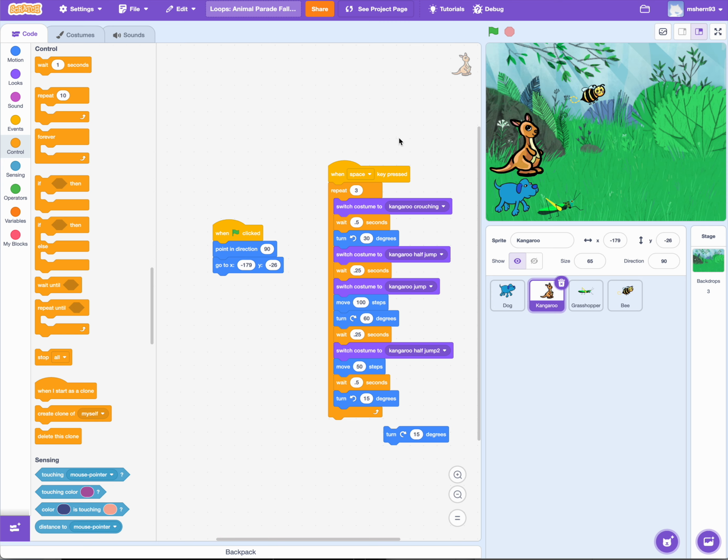Okay, so we're reset, and then we can see here that with the space key, we wrote this repeat for the kangaroo. So it looks like it repeats 3 times, and let's watch it. So I'll press the space bar. Oh, whoa, okay. So he's jumping. So we'll switch the costume originally to make it look like he's crouching down, wait a little bit, turn to get some height,